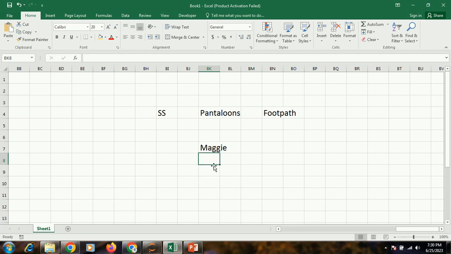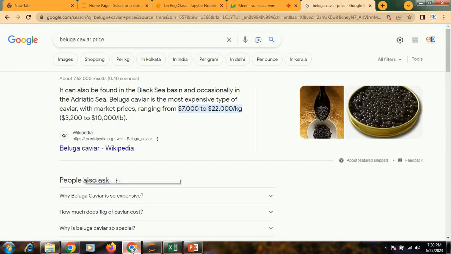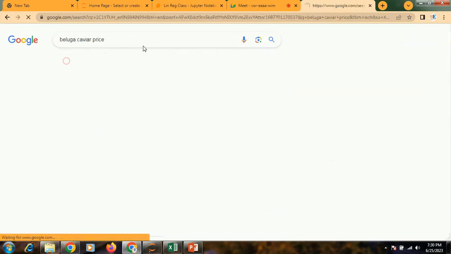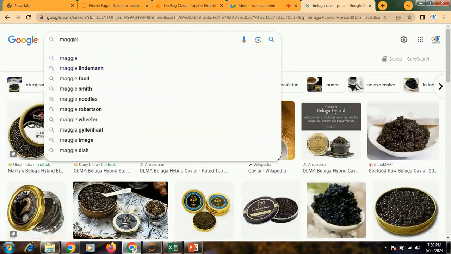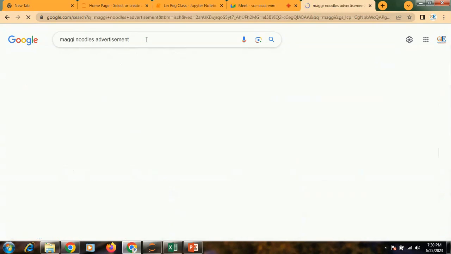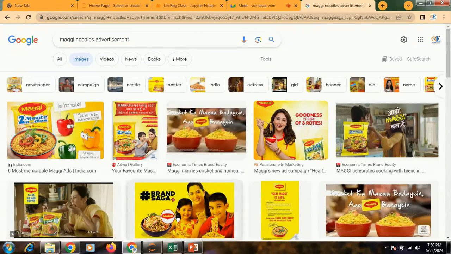Traditionally, the children, isn't it? The children. So Maggi noodle advertisements, definitely in their advertisement they will show you the children. There are a lot of people now, you might say, okay, bachelors will have Maggi noodles many times. When I was a bachelor, even I used to survive on Maggi noodles, but they are not their traditional target customers. That's why in an advertisement they will not show you a bachelor having Maggi noodles and feeling very refreshed and going to the office. They will not show it to you.